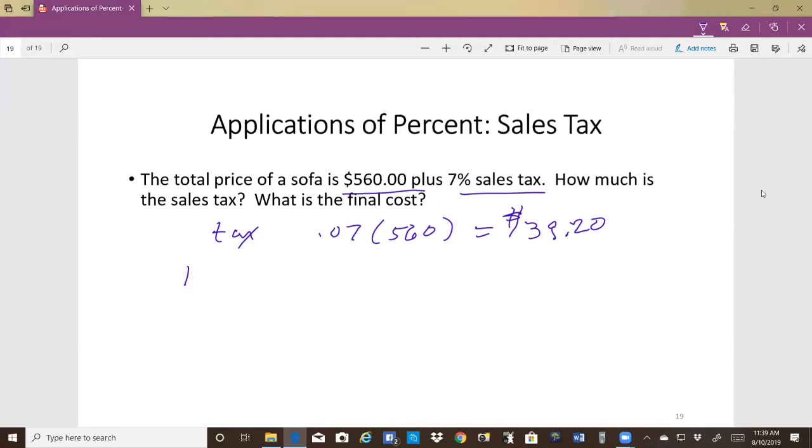The final cost is equal to $560 plus the tax, which is $39.20, which is